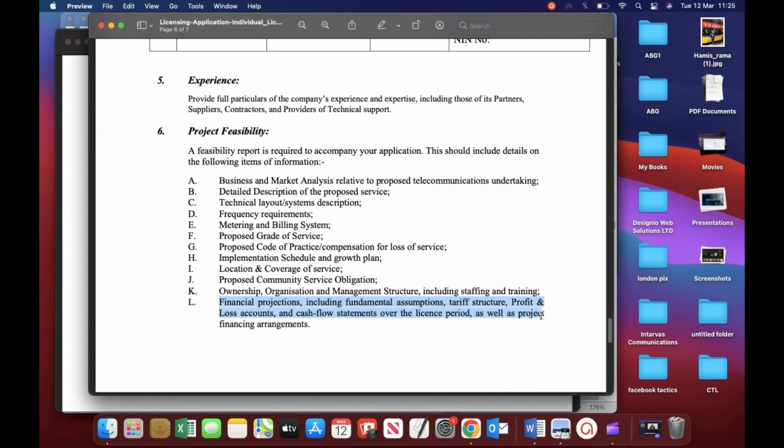It's very, very key. And another thing is you don't need to follow this order. You can organize your headers based on how you think it fits the most. For anything financial, usually I bring the ownership and structure last. Ownership, organizational, and management structure, I bring it last. And please make sure that you do your code of practice right.